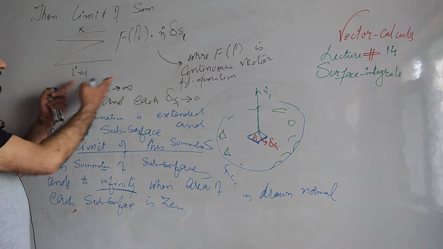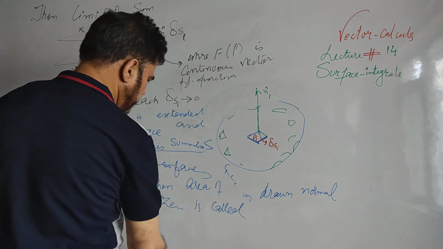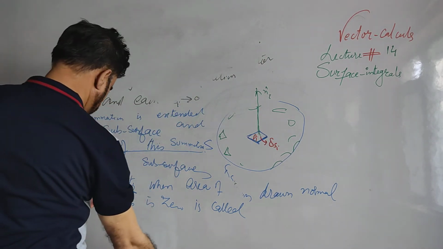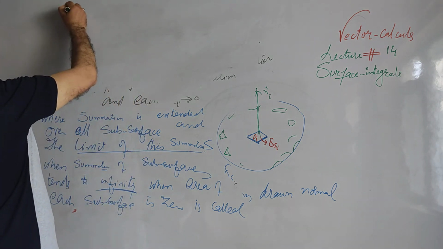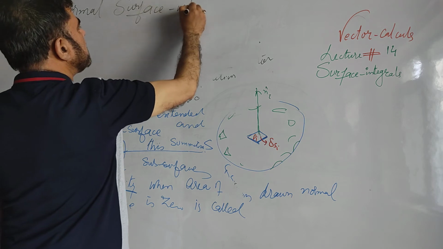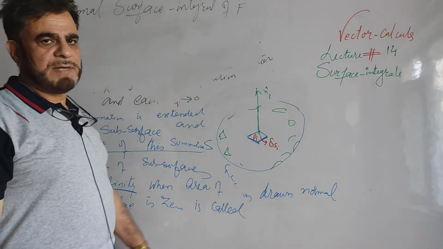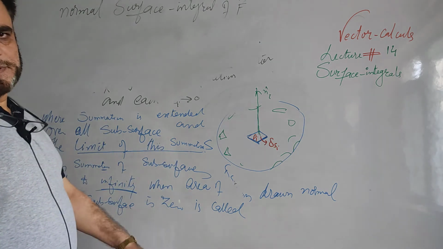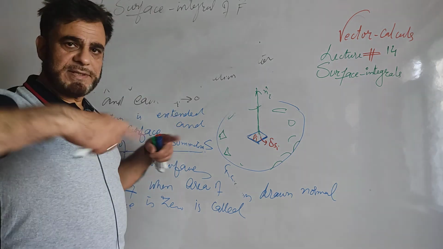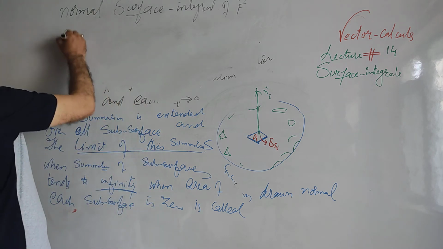It will give you an integral as per the previous explanation, called the normal surface integral of F. F I mentioned here: F is a continuous vector point function, F of P, where P is any point on the surface. F of P is a continuous function at every point in the surface. Normal surface, our surface integral of F over our surface